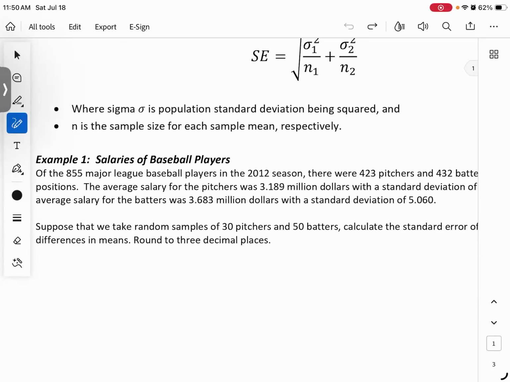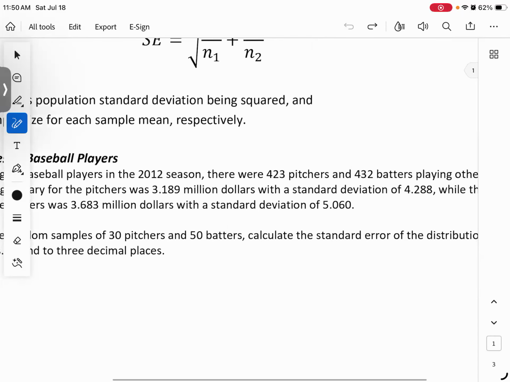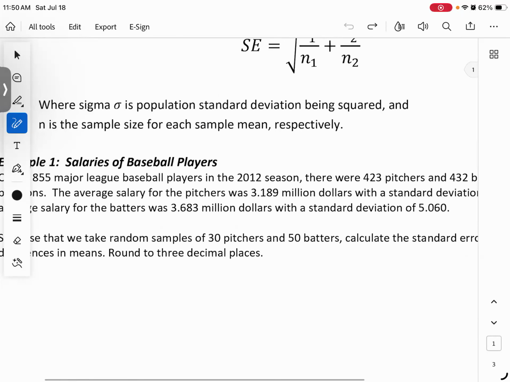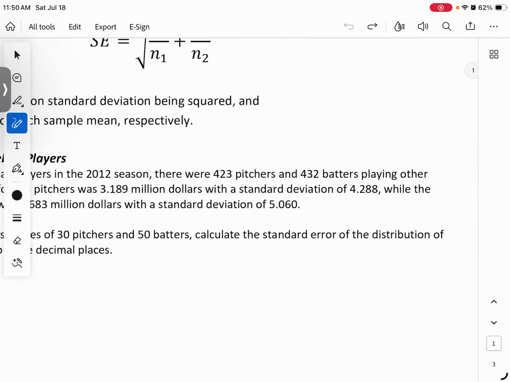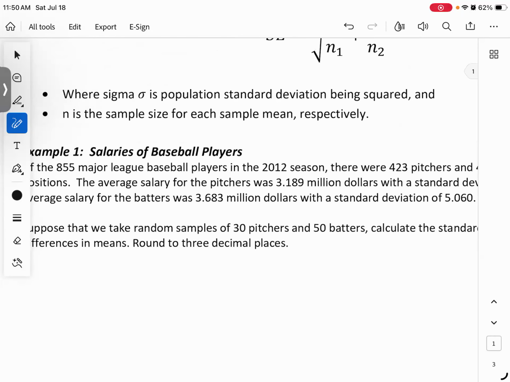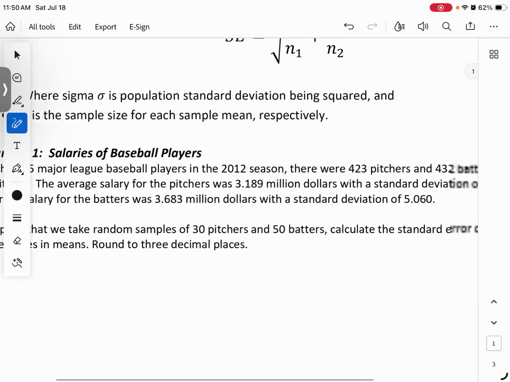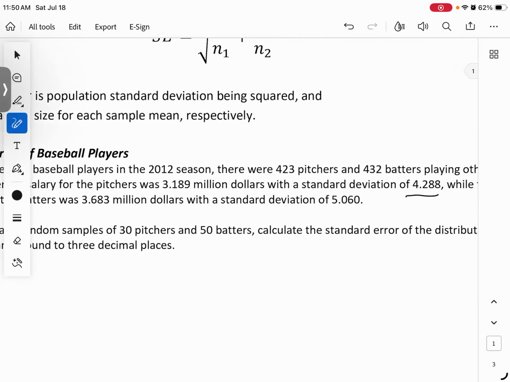Now, this first page was just an exercise to use the formula. This is a study about salaries of baseball players, and the main stuff we need is the standard deviation. They said the average salary for pitchers was $3.189 million, and there it is, standard deviation of 4.288. Meanwhile, for the other group, which is the batters, their salary is $3.683 million with a standard deviation of